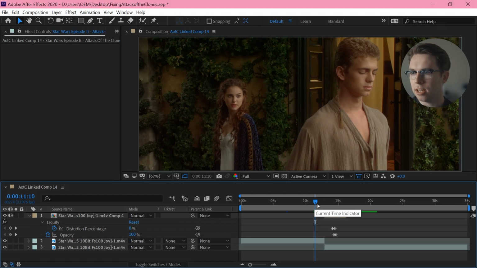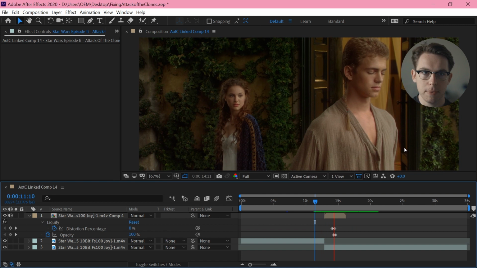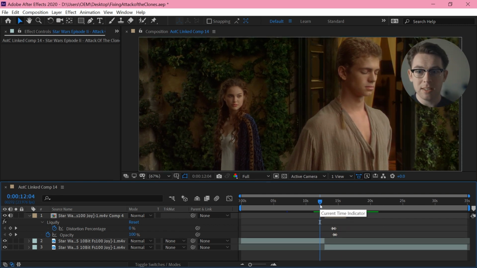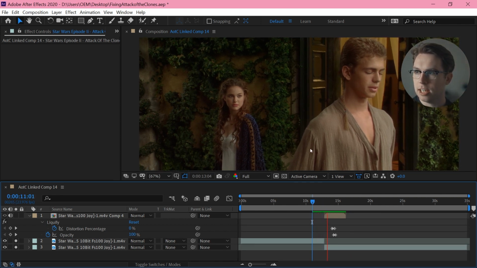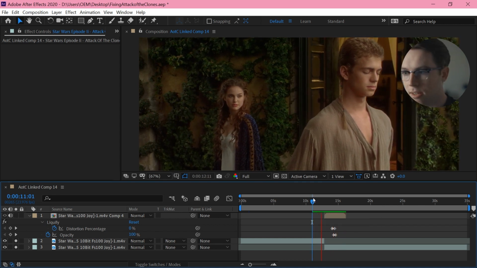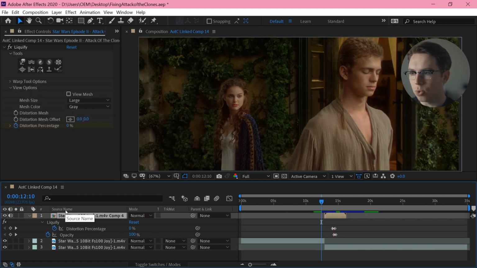Shot 14. I'm removing the line of Anakin's "Jedi don't have nightmares." So it's a face replacement, and also because I'm replacing this line with a pause, I'm actually trimming the shot down. So you see I've got this cut here, just so it's not a completely unnaturally long pause. So I have to do a face replacement and then also blend between these two shots. So let's jump into this comp.